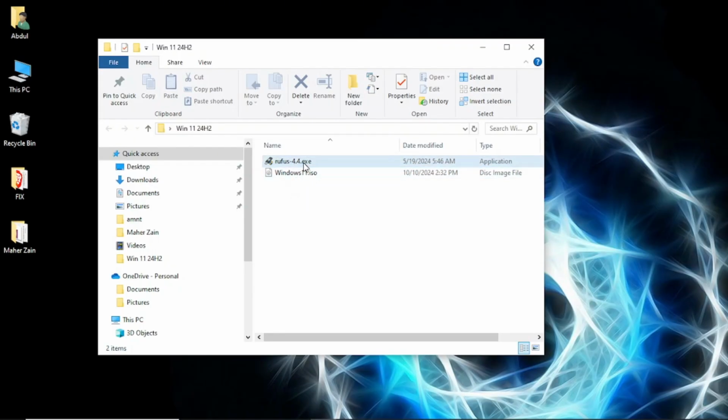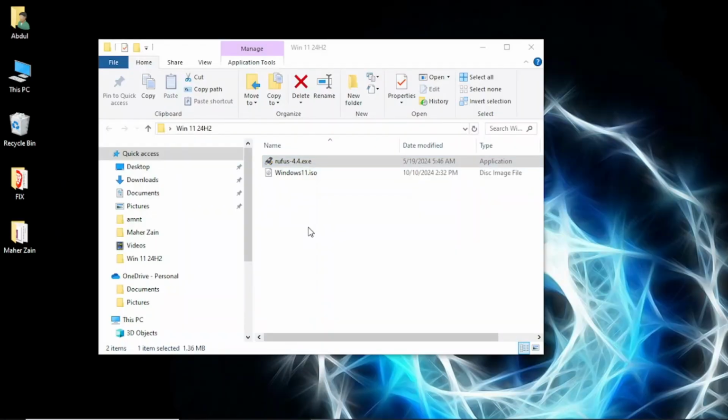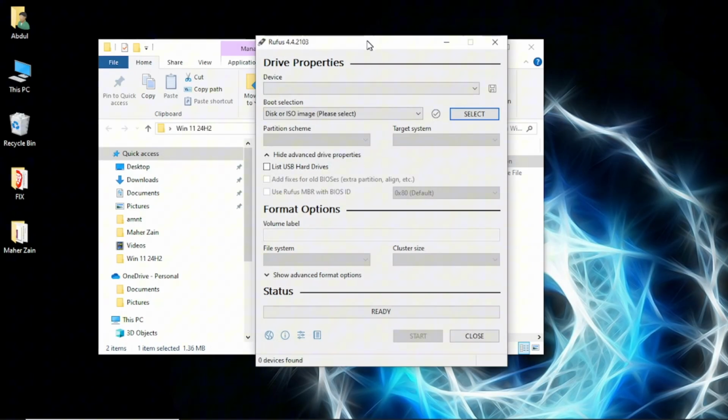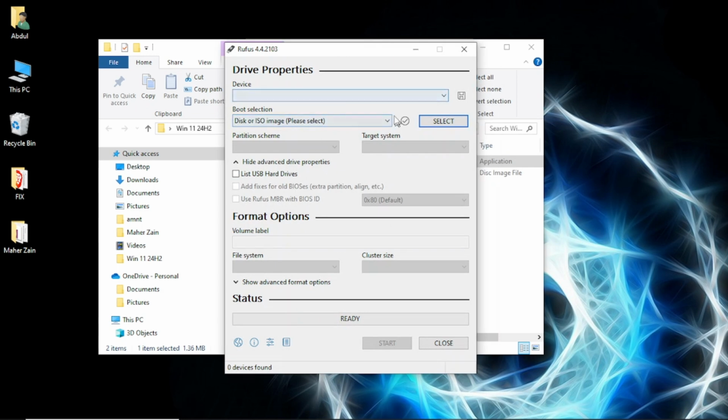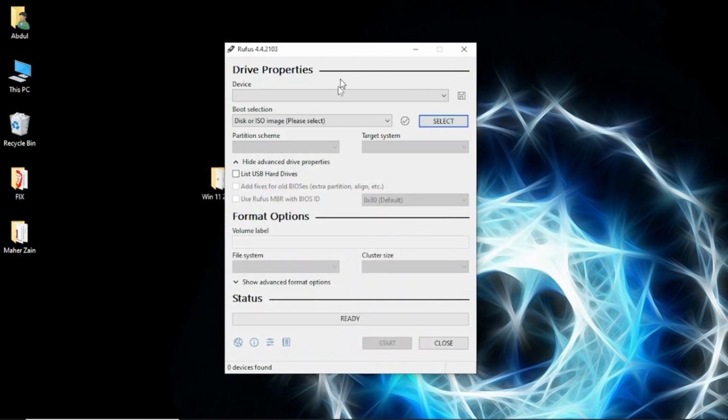As we have Rufus here, just open Rufus, click on yes, and once Rufus is opened, we have this here. So just minimize this, and over here we should be having our pen drive, but I've not yet plugged my pen drive. So let's plug that in on our PC. So plug that here, right? Our drive is a 16 gig pen drive. As we've slotted it in, it has detected the pen drive here,